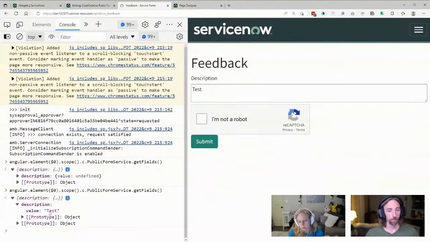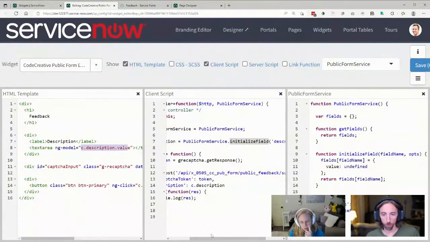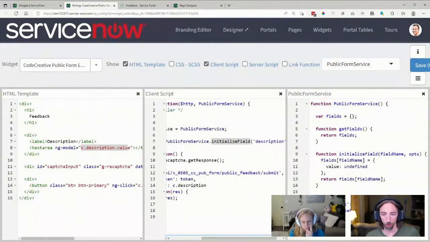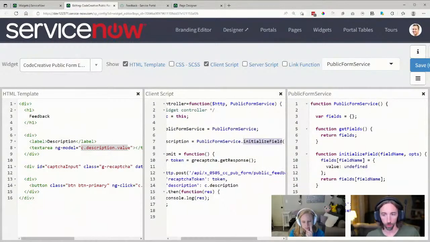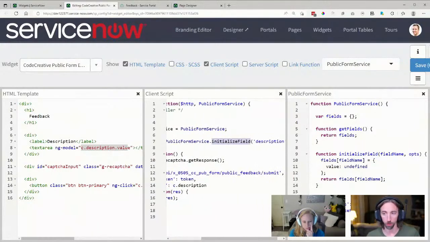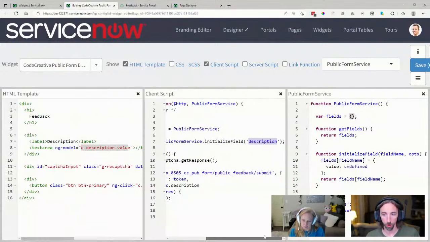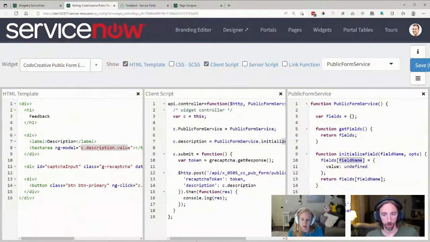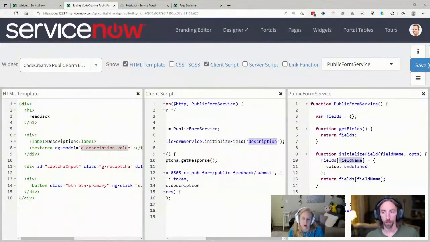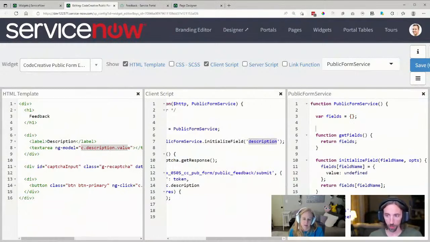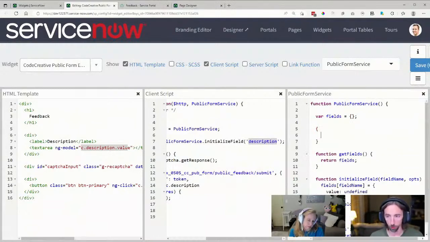How does it know? Just by the fact that it's named description in both places, it ties it together? Yeah, so basically what I've done is, this function here is going to initialize the field. So that creates an object that has description, because see how I'm doing field name? Because I'm passing description there, it passes it there. And so what that does is that sets field to